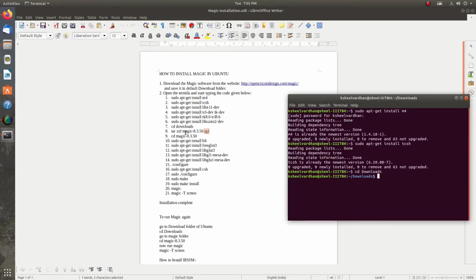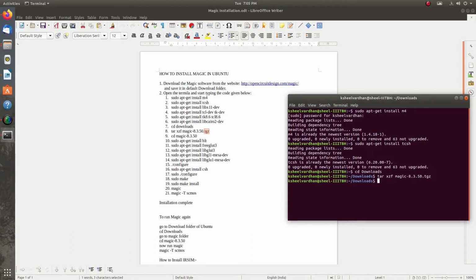This step is used to unzip the file, because .tgz is a compressed file. So we will unzip it using the tar xzf command, and we will make it a normal folder of magic 8.3.50.